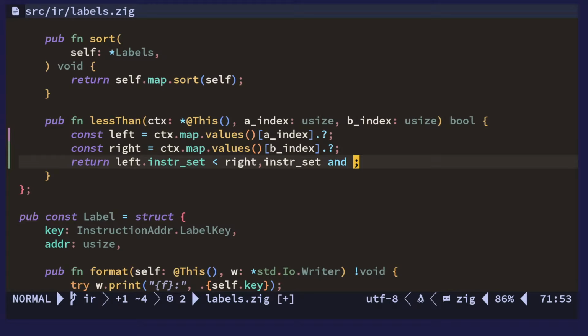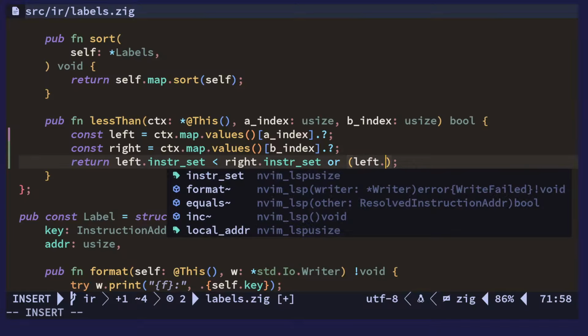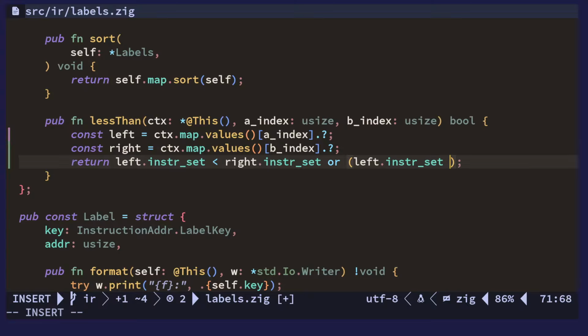So if the instruction set is less than, no, then it's just true. Or if it's equal